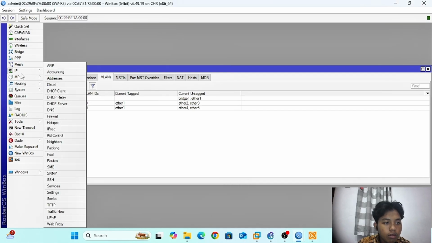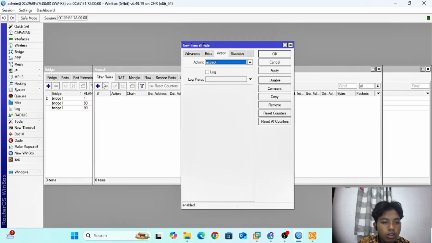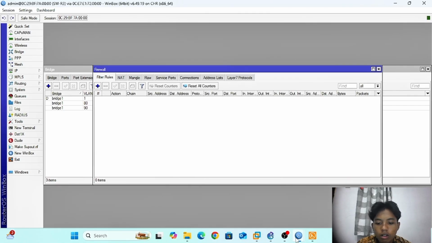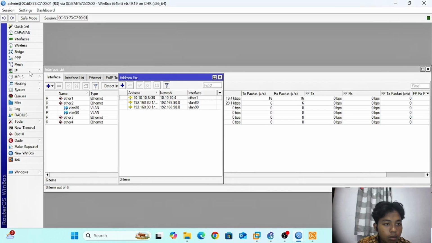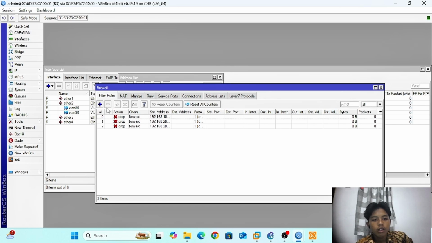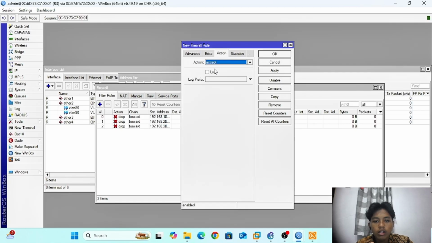Now, let's configure the firewall. Open firewall, filter rules, add, action. Sorry, not in the switch, but the firewall in Router 3, filter rule, general, chain forward and action drop.